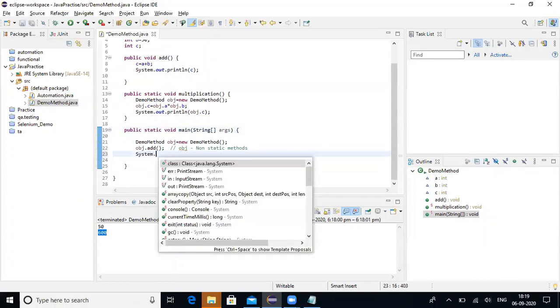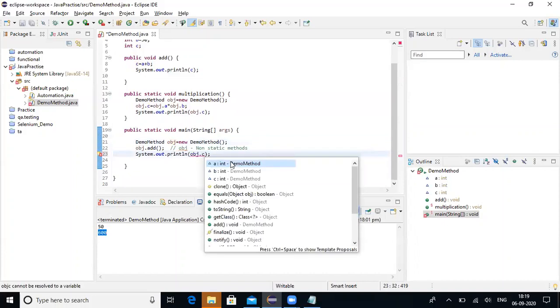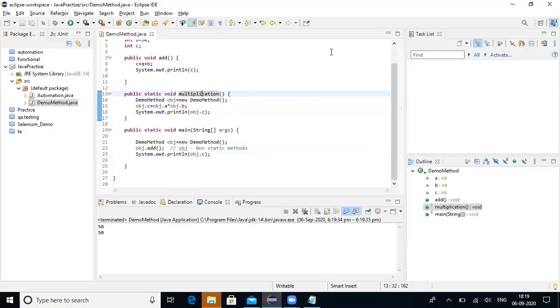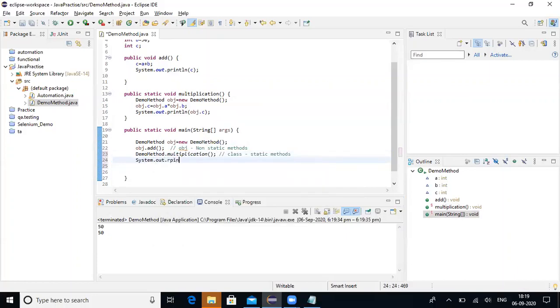Now let me print the value of C. In the main method, I am trying to get the value of C. So now tell me why I am getting 50 for this C value.